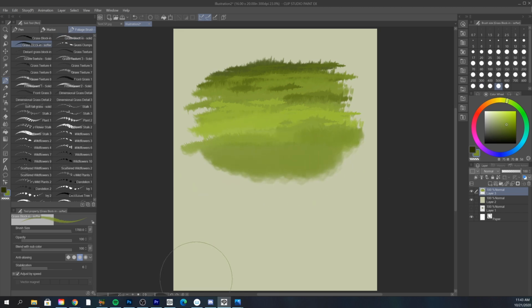So going the other direction. This is a grass clump brush, which just creates little clumps of grass. This one's actually unique to Clip Studio. So you can use them together. You can see how it starts to look like a field. This is a distant grass block-in brush. So this is for getting the appearance of that grass turning over in space and going back,